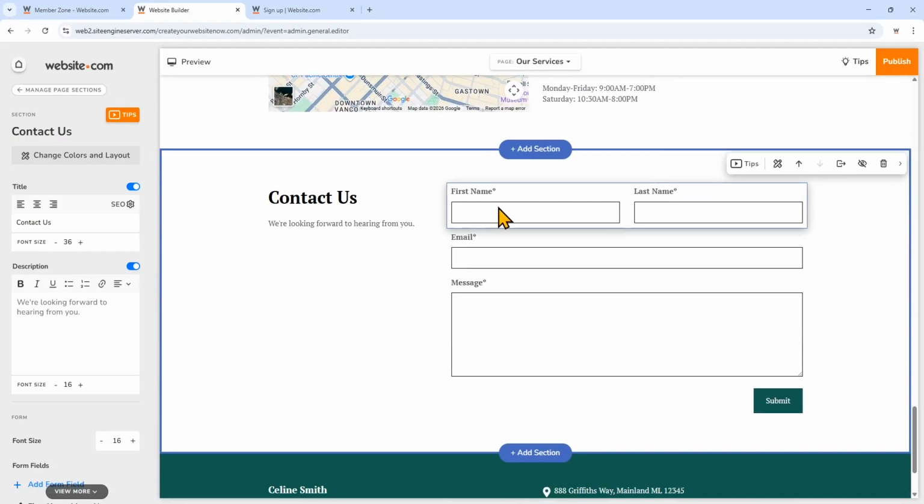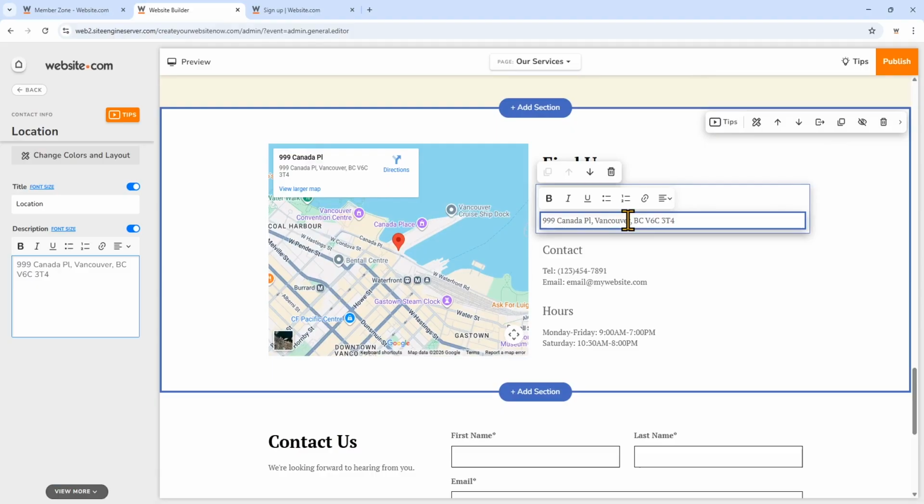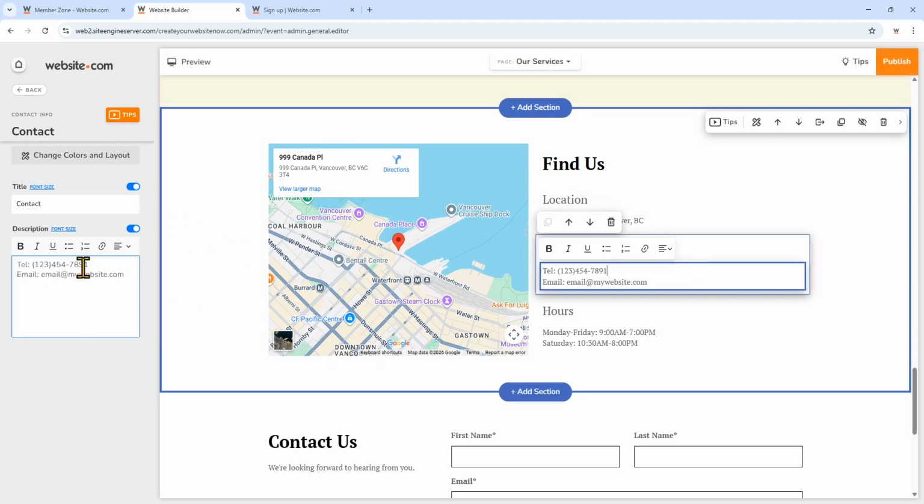And make sure you click on each of these fields to edit the content with your address and contact information. And just a reminder, you can edit right on the builder just by clicking and typing here. Or you can find that field on the left, and you can edit here as well.